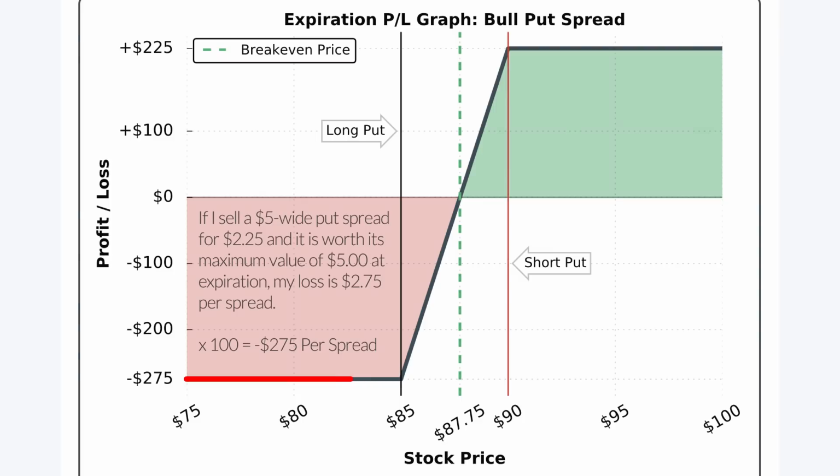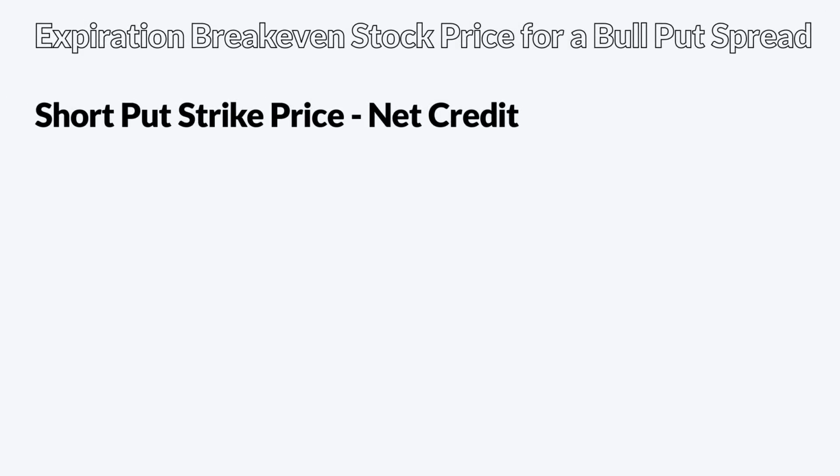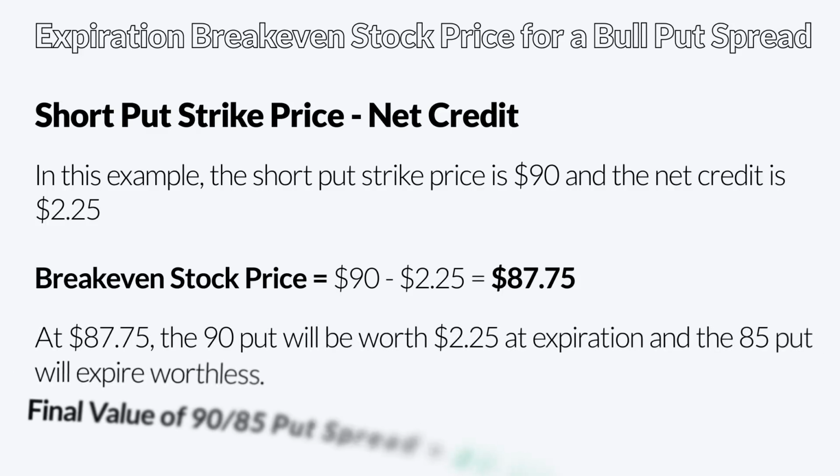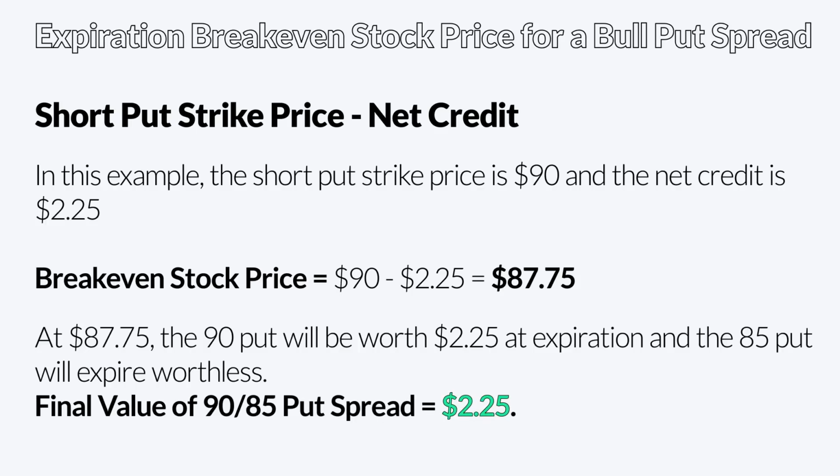The break-even price of a bull put spread at expiration is the short put strike price less the net credit received when entering the trade. In this case, the short put strike price is $90 and I collected $2.25 for selling the spread, which brings the break-even price to $87.75. So if I take the short put strike price of $90 and subtract the net premium received of $2.25, I get a break-even price of